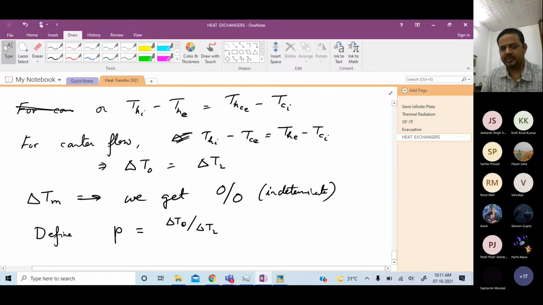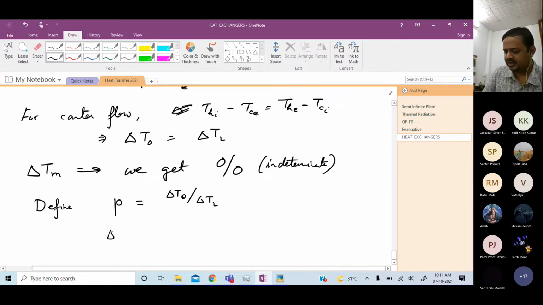Then I can write this LMTD as, in the numerator, delta T naught minus delta TL, so let me take it as delta TL times P minus 1,